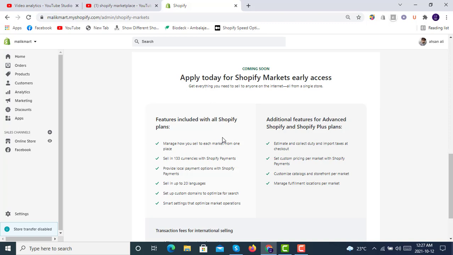manage how you sell to each market from one place, sell in 133 currencies with Shopify Payments, provide local payment options with Shopify Payments, sell in up to 20 languages, set up custom domains to optimize for search, and smart settings that optimize your market. And the features for Advanced Shopify and Shopify Plus plans are estimate and collect duty